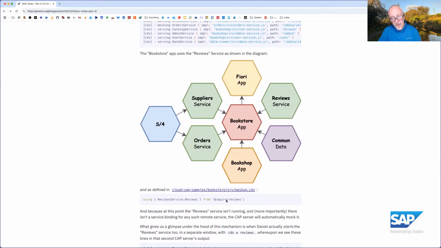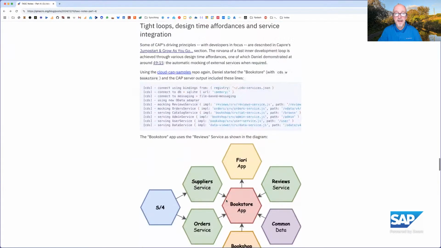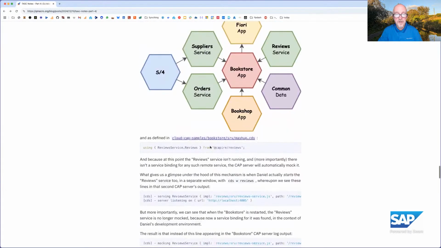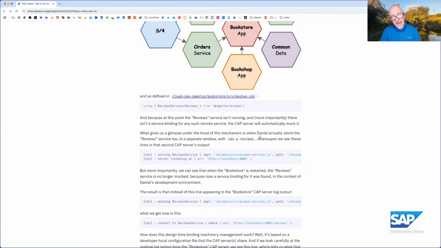And because that reference existed, when Daniel did a CDS watch, keyword watch, and watch is a design time command, not a runtime command, as in a production. This is in the development tight loop. It looks to see if anything else is providing that service already.